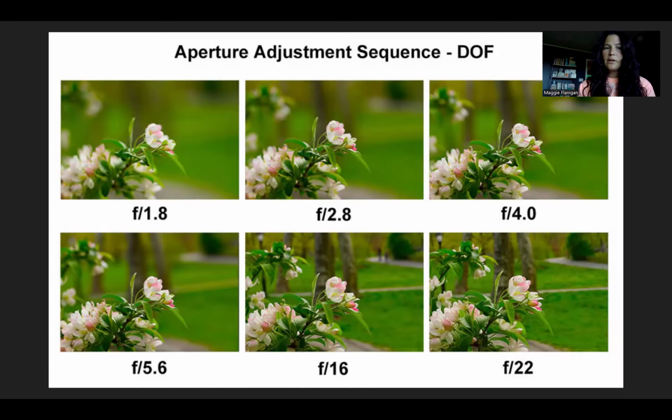Here's an example of what that looks like. Those are those f-stops. So f1.8 is a really shallow depth of field, meaning most of the image is blurry and only some of it is in focus. And those things are going up all the way to f22, where almost the entirety of the image is in